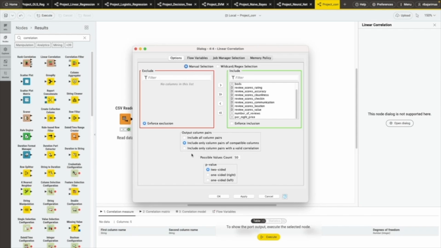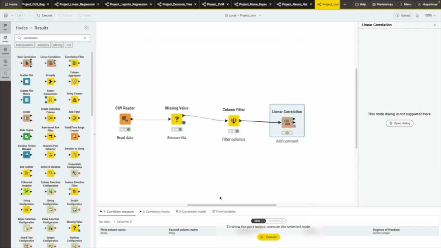So we can go with the default one, include only column pairs of compatible columns, and then you can select the p-value as two-sided. Most often, we can just leave it as it is, the default values. Only see if you need to exclude any column or not. Click apply and then click OK. Now your linear correlation node is ready. Execute,